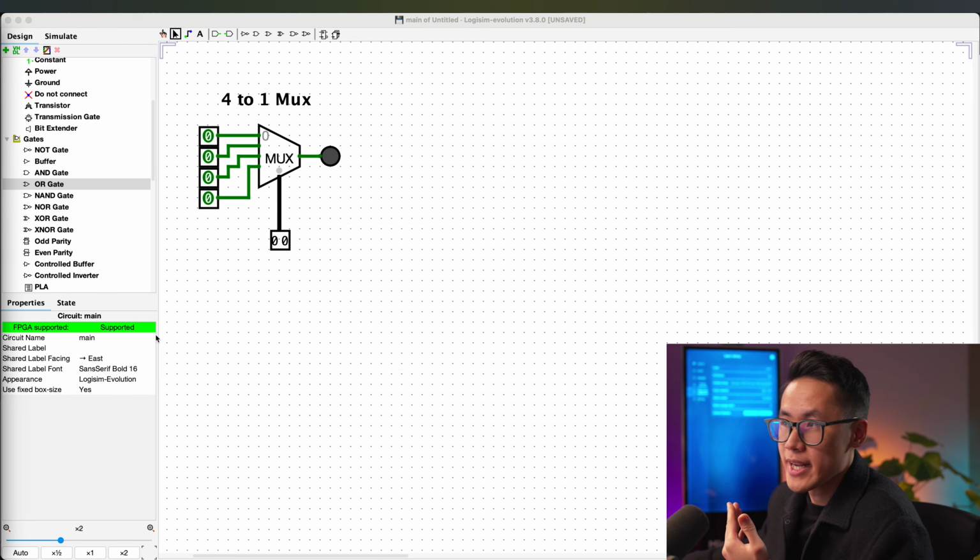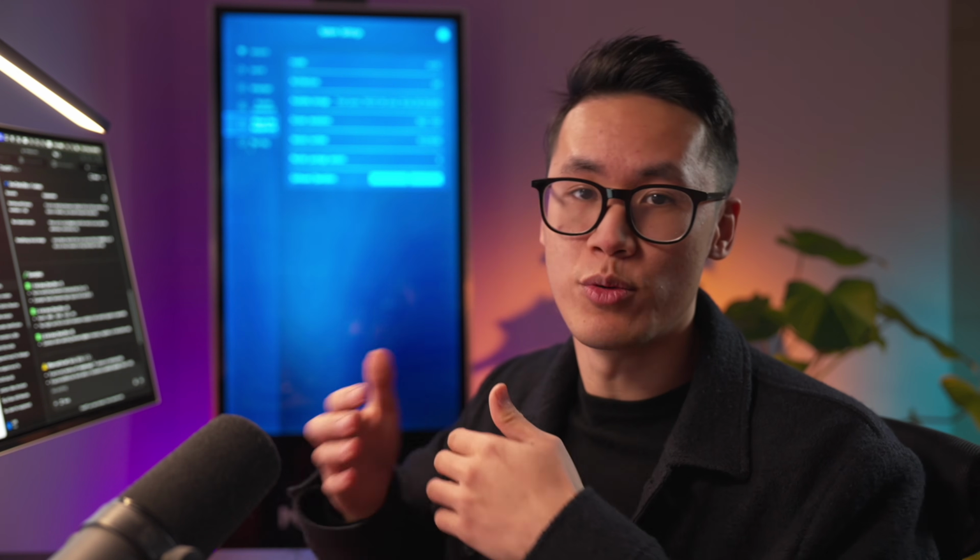Okay, now I have explained the multiplexer. Let's talk about the demultiplexer. So a demultiplexer is the opposite of a multiplexer. In a multiplexer, you have multiple inputs, and you control some select lines to determine which input you want to forward to the output. The demultiplexer will be the opposite. You also have a bunch of select lines, but those select lines will control which output will be turning on. So what I mean by that is,